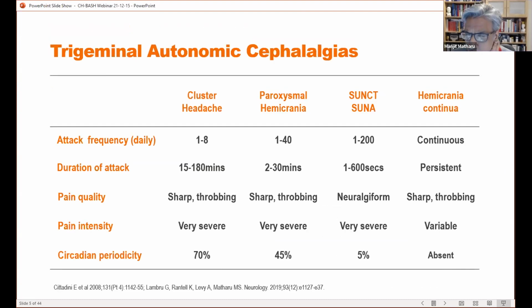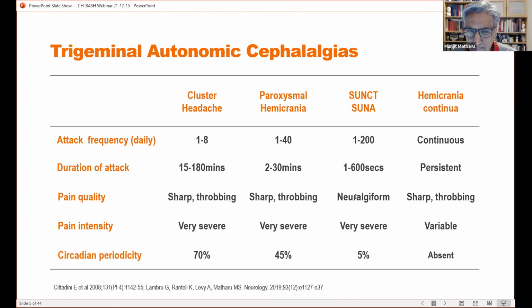Now, just to put a bit more meat on the bone and compare it to the main differential diagnosis, which is the other trigeminal autonomic cephalalgias. The attack frequency in paroxysmal hemicrania is generally higher, and they can have as many as 40 a day. It's quite usual for them to have 5 or more a day. And in SUNCT, it can easily go into the hundreds, whereas hemicrania continua is a continuous pain by definition. The attack duration in paroxysmal hemicrania is between 2 and 30 minutes, so it's shorter than cluster headache, but does overlap with it. Whereas SUNCT tend to be less than 10 minutes generally,